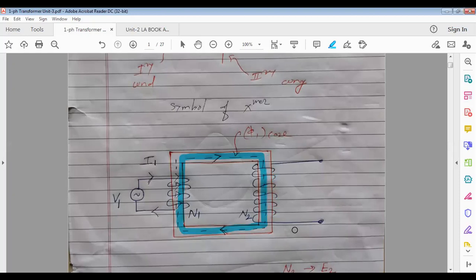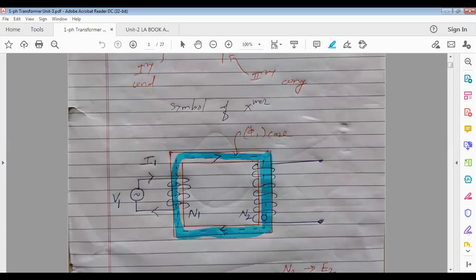Very good. It is coming in contact with the secondary number of turns, isn't it? So what will happen as per Faraday's law of electromagnetic induction here? The N2 number of turns, that is the secondary winding, is stationary. Transformer is a static device. None of the parts of a transformer rotates. The transformer core is stationary, its windings are stationary. Whatever is that outer tank, that is also stationary, isn't it? So this secondary winding is stationary, core is stationary, but the flux flowing through the core is not stationary, it's a changing flux.